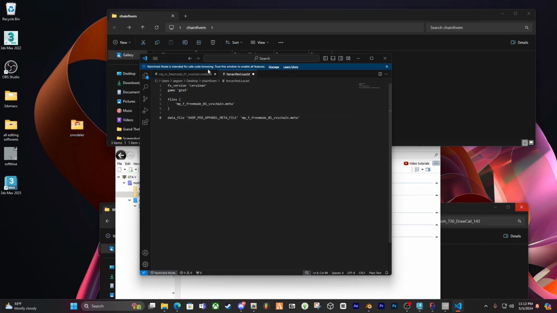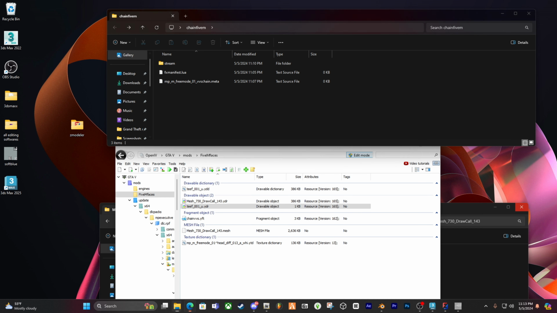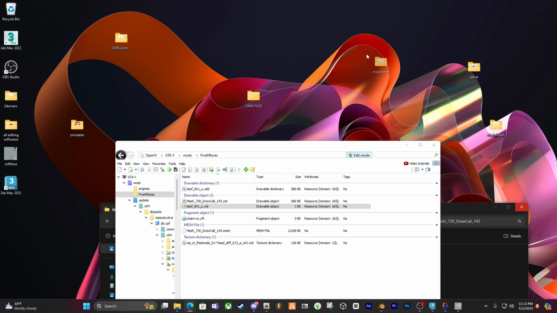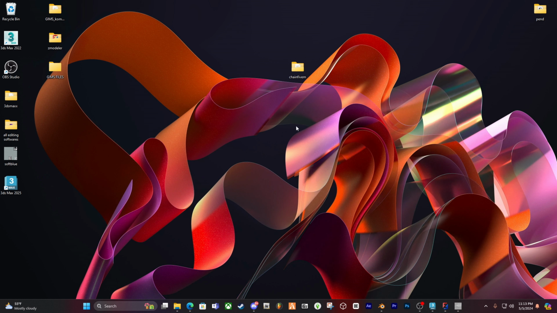The only thing you guys would have to do if you download from Discord is change all my VVS chains to whatever file name you named it. Alright, so now we're gonna go back up to the stream folder, make sure everything's alright. Make sure you got the arrows, you got the VVS, make sure you have all the Luas and the metas. And we can close out of this. And then here's the chain file. So now you can get rid of all this, and boom, that's your chain file